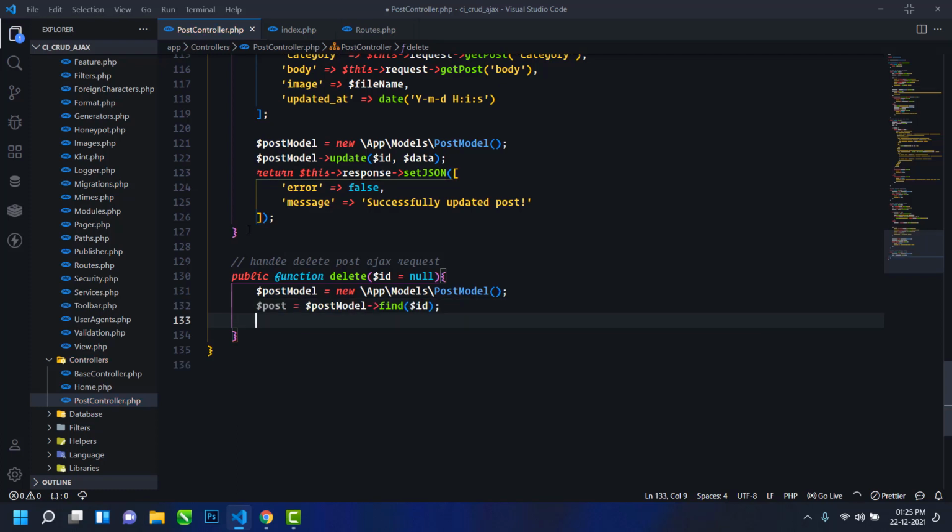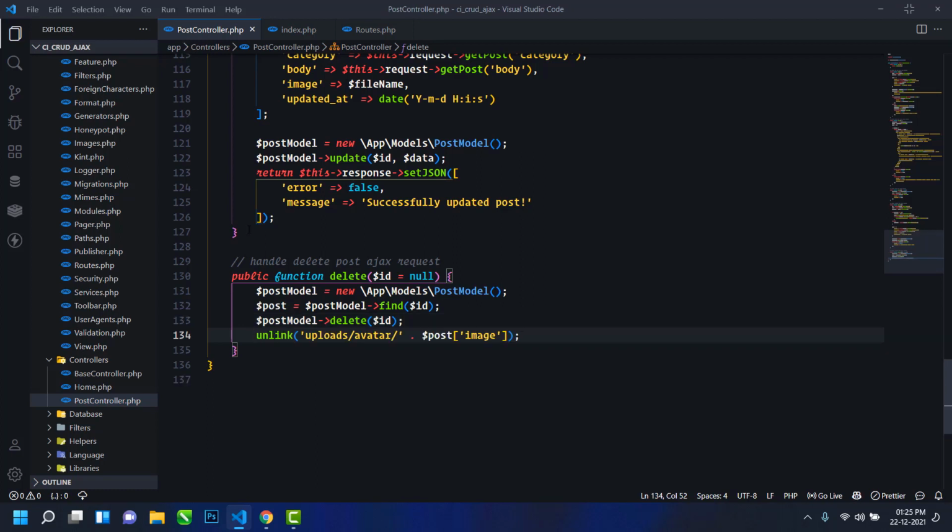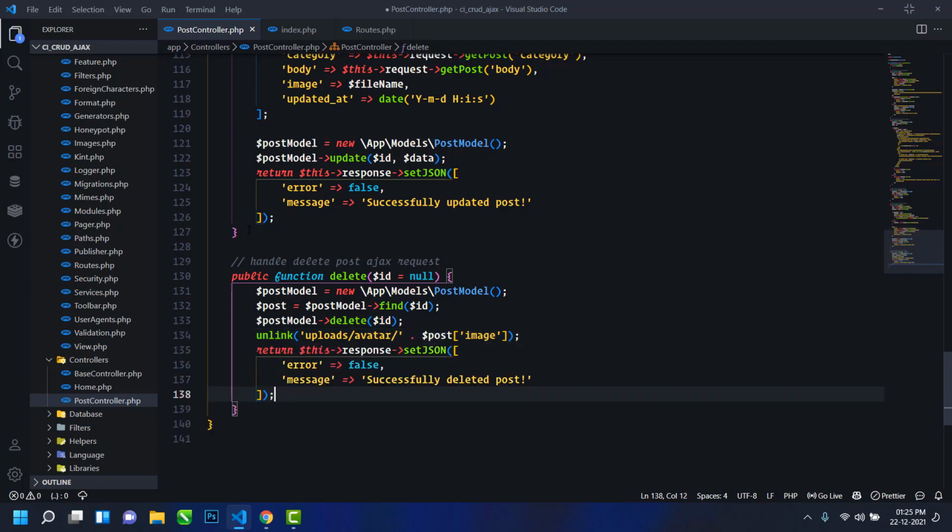Then I will delete the record by using the delete method, and I will also remove the uploaded image using the unlink method. So here just write post image, this is the name of the column. Just save this, and next I will send a JSON response, successfully deleted post.